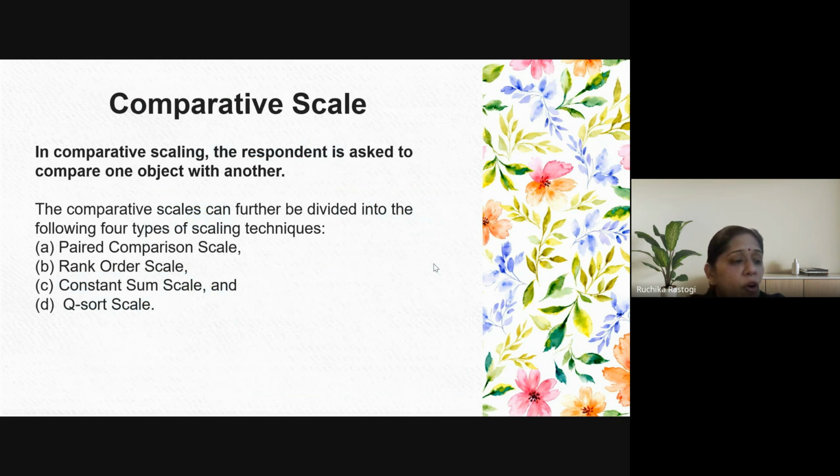Comparative scale, as I have already told you, the respondent is asked to compare one object with another. Most of the time we have seen, even in your doctorate, we are about to narrow down our study, and if the topic is very broad, it's not possible to analyze. Especially empirical data analysis is very tough if a topic is very broad. So generally the guide asks the students to narrow down the topic, and in terms of comparison between two websites,